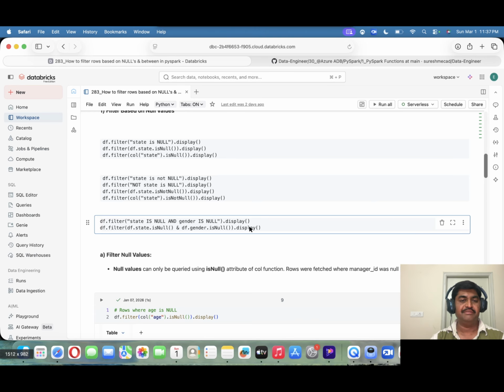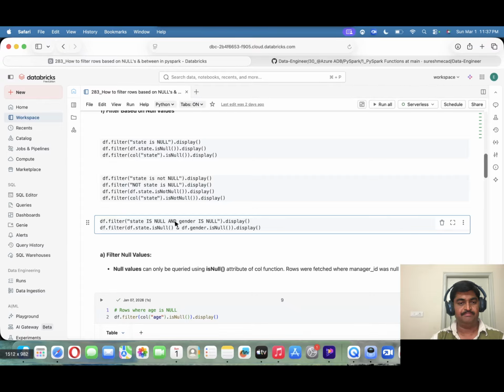Suppose you want to write multiple conditions, you can write like this. This is our first condition: state is null. The second condition is gender is null. In between the first and second condition, we need to write the logical operators, like either and,